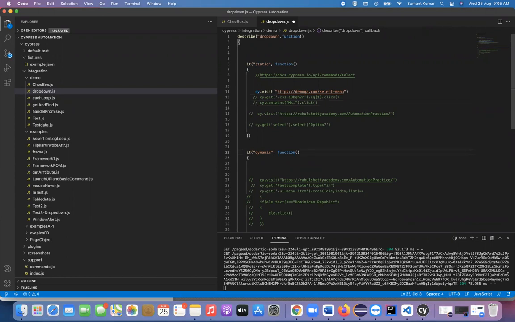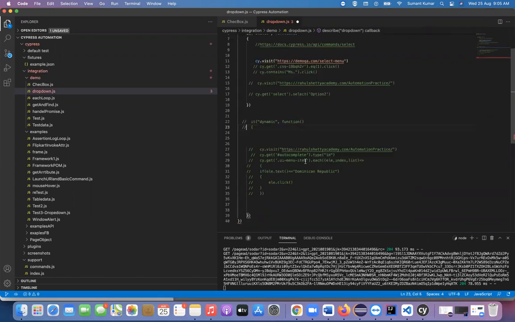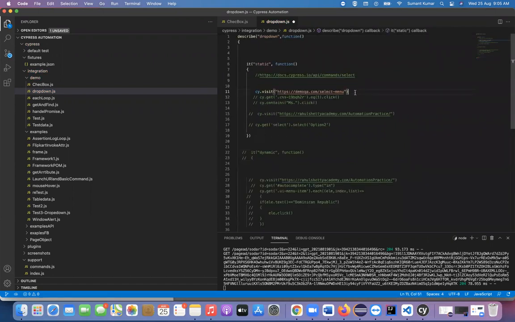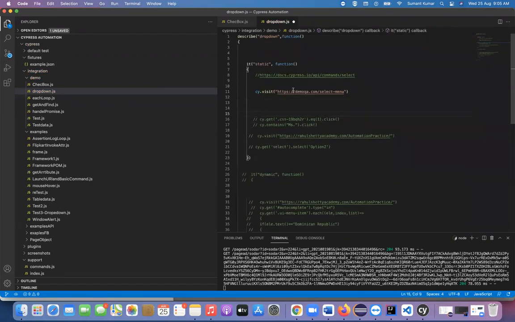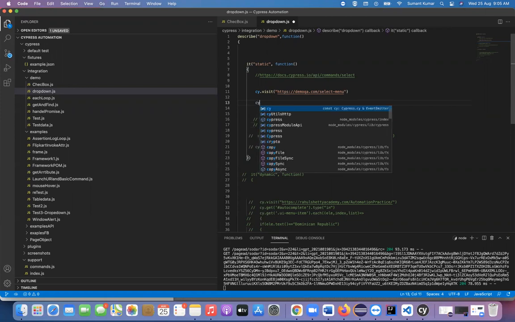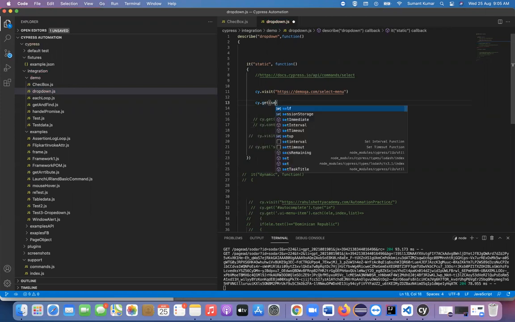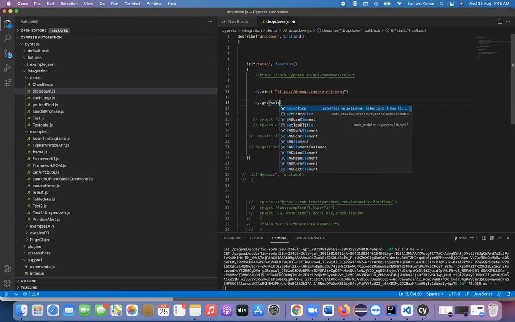We comment this as well as of now. So what I did, simple, I hit this particular URL, and then cy.get select, and then .select.